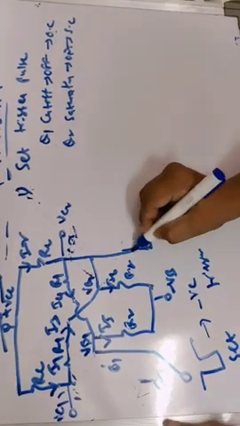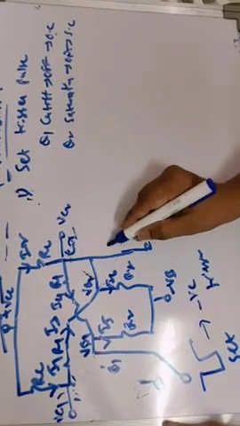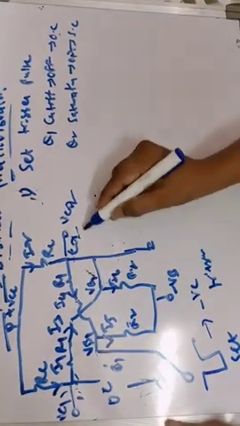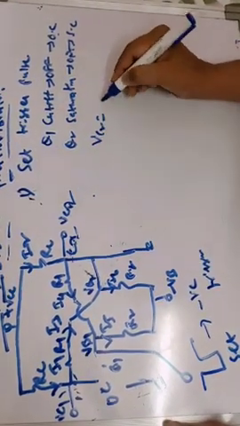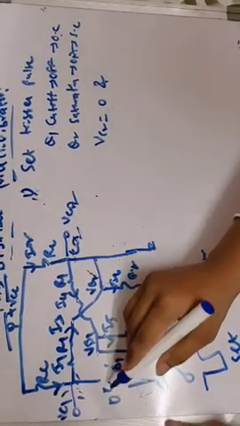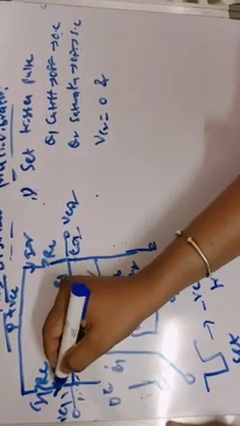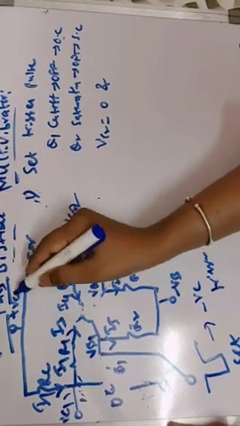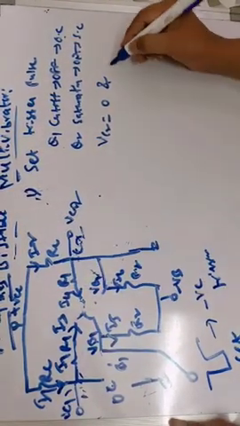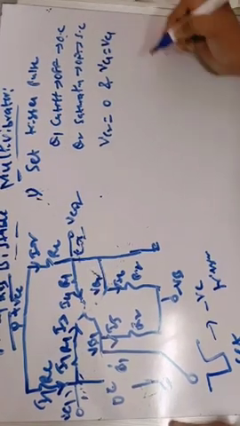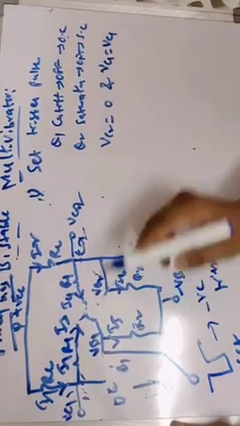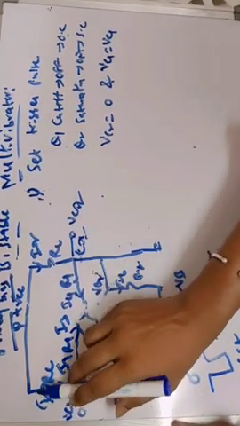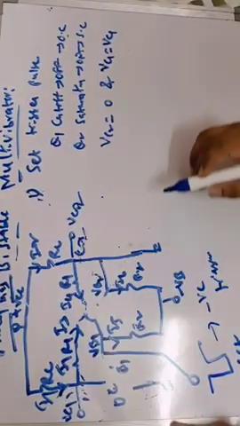This transistor Q2 is almost short circuited because it is acting like an on switch in the saturation region, and this is like an open circuit. So if it is short circuited, VC2 potential becomes equal to 0, and this is open, which means the current I1 is decreasing. As we discussed, I1 decreasing means the potential at this will be almost 0, and VC1 will be almost equal to VCC, and there is no current here. As we discussed, I1 is equal to VCC minus VC1 divided by RC. When I1 is equal to 0, VC1 is equal to VCC.